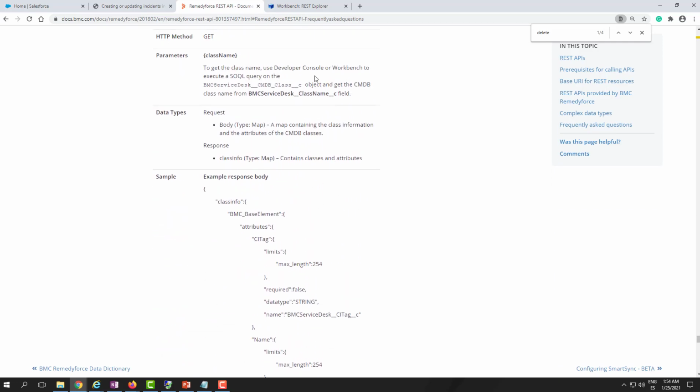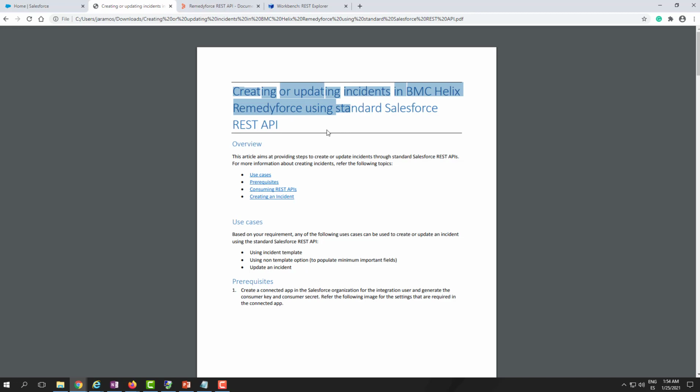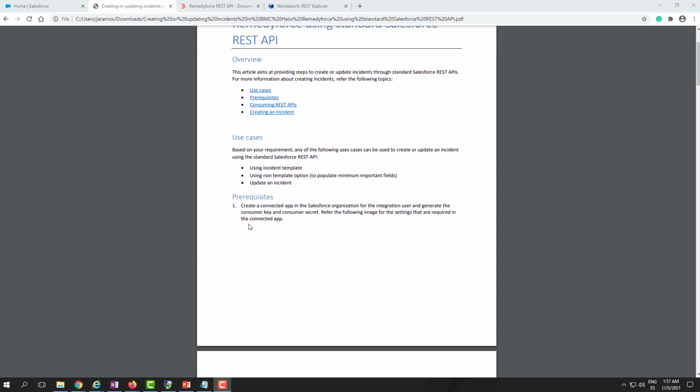So now let me show you the documentation that we have for the Salesforce REST API. In this document, you will find how to create or update incidents in BMC Helix Remedyforce using the standard Salesforce REST API. Here you will find some of the use cases. You can use the Salesforce REST API to assign a template, or use the non-template option to populate the minimum important fields, custom fields, or other fields that you have on the incident object if necessary,